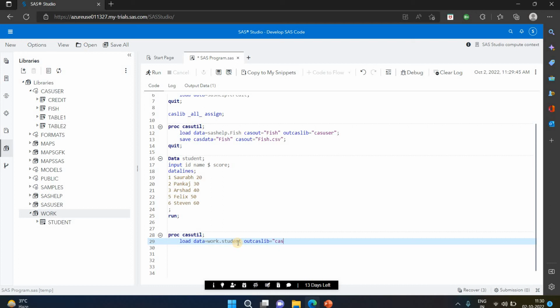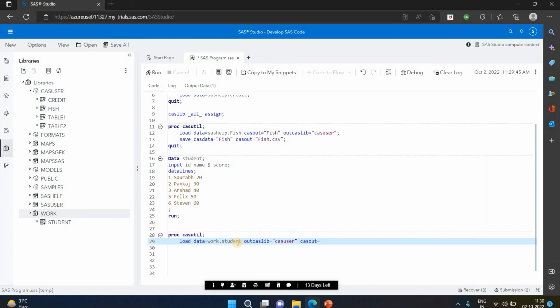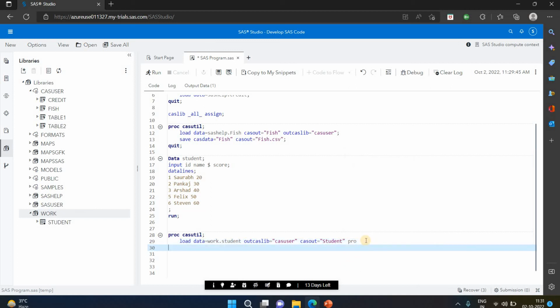Because this is my local library here, CAS user, so casout will be, let's suppose I'm writing this as student, this is a name, then the promote statement. Promote specifies the load data to a global scope, and this makes the table available to all sessions that you use with CASL. Okay, so this is the promote statement for the global scope. So we write this, then we are writing here the quit statement,